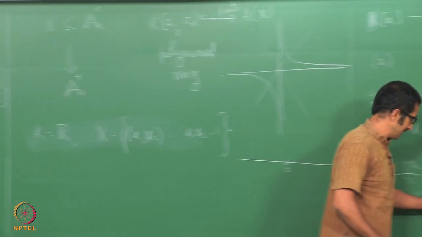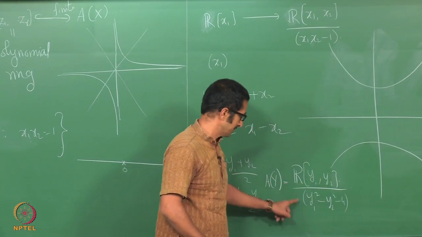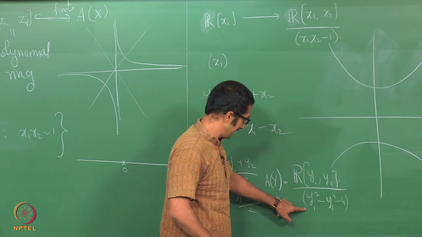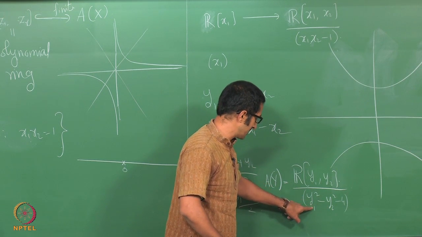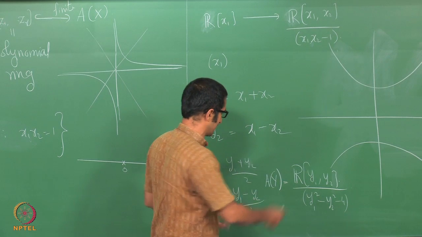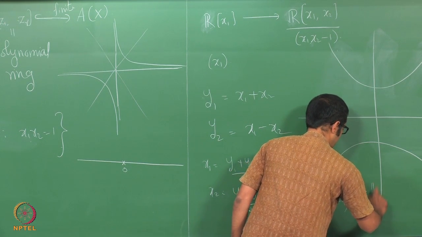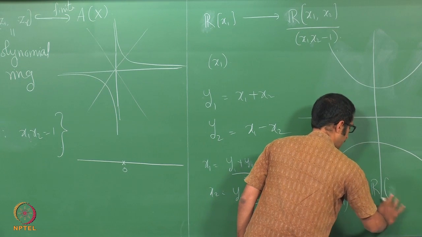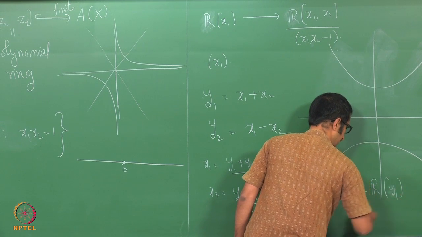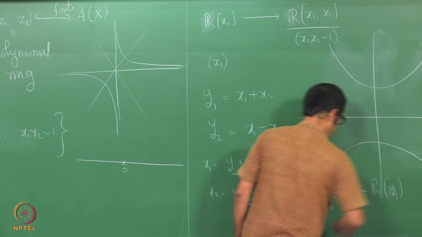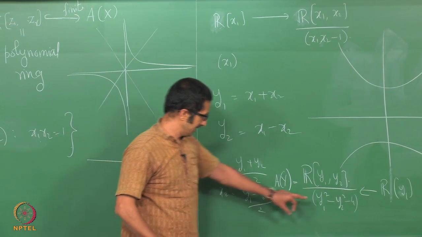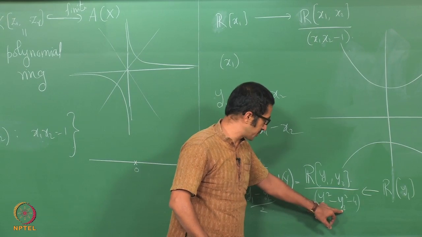Now, see, y 1 square. So, if I can take, let us say, I can send R y 1. Now y 1 y 2 is